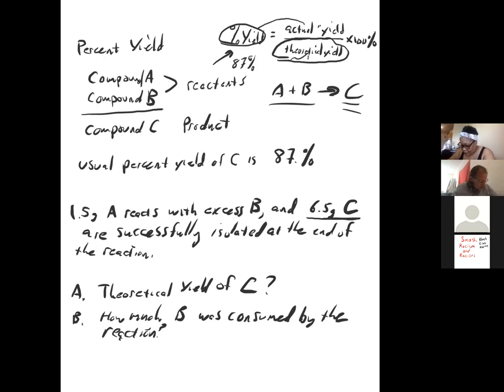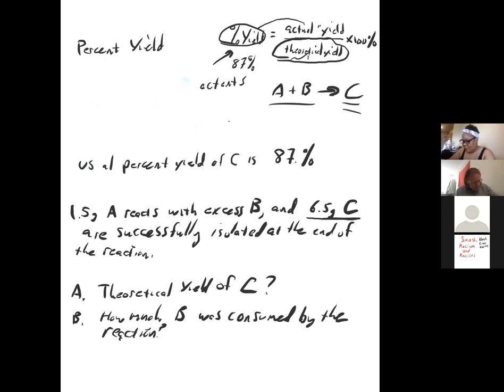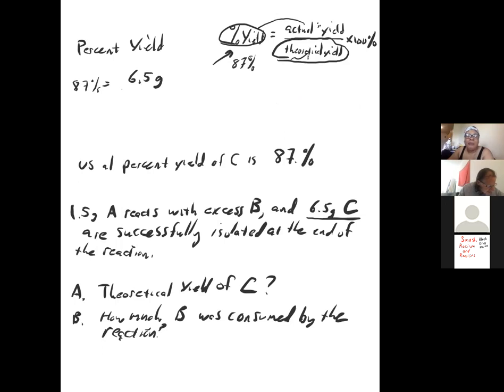Okay, so let's go through it. I'm going to erase this here. This is just an algebra problem. So we're told 87% is equal to the actual yield, which is 6.5 grams, divided by the theoretical yield. So I'm just going to put THY for theoretical yield. There's no reason to spell that whole thing out. Times 100%. Okay? And they're asking us for the theoretical yield. Well, let's do the algebra. We want this thing that's all the way down at the bottom in the denominator, right? So you multiply both sides